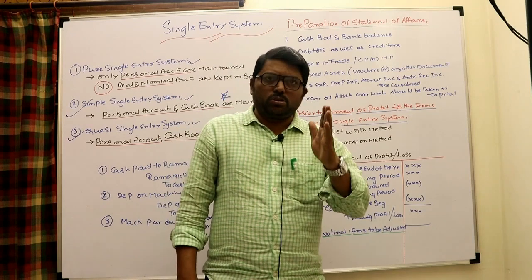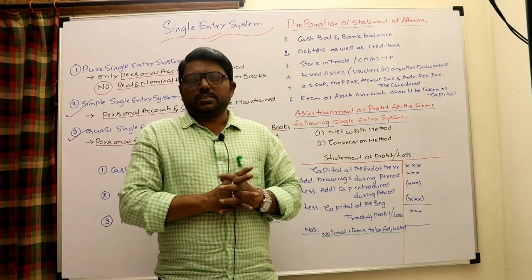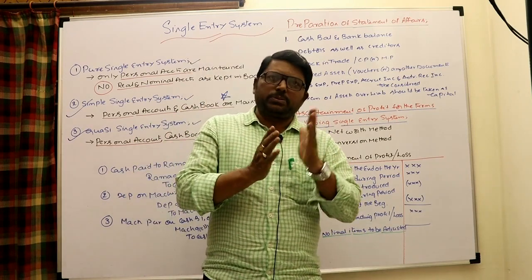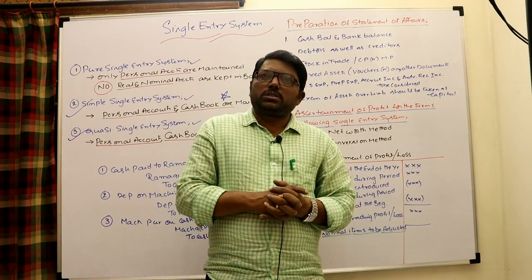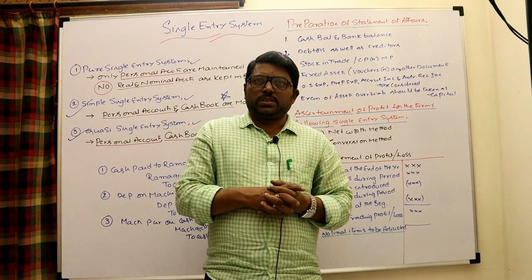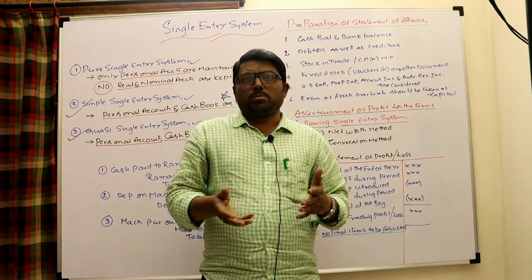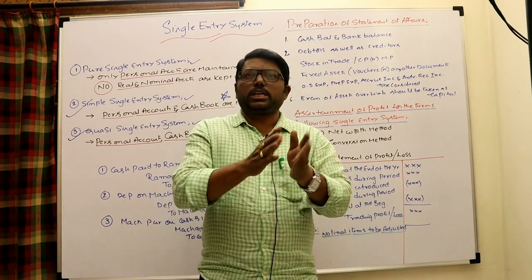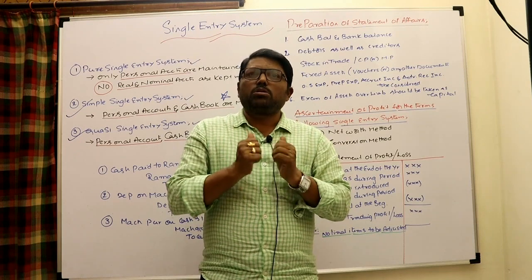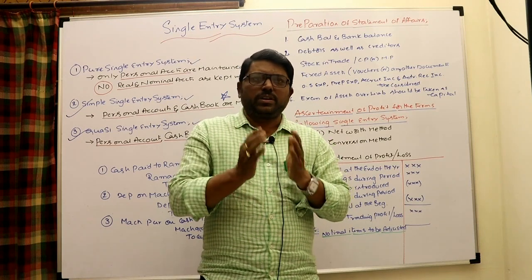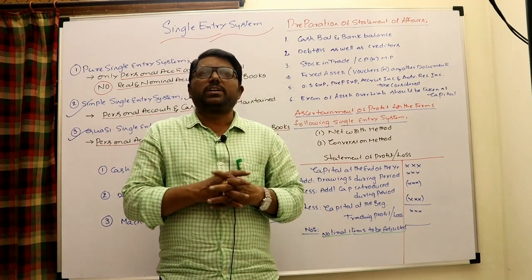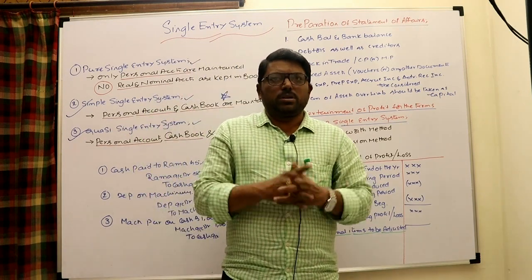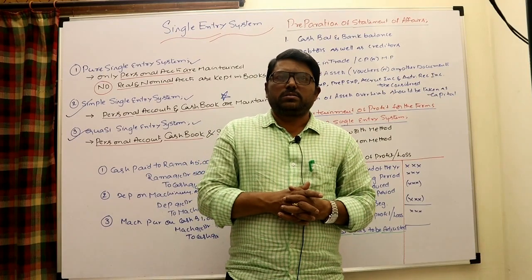We know that expenses, losses, incomes and gains; the difference between income, gain and expenditure, loss is a profit or loss. But here no nominal accounts are there. How do you know the profit or loss of the business? No nominal accounts and no real accounts. Only cash book and personal accounts. How to know the profit or loss here? That is a very, very important question in the single entry system: how can profit be known, because no nominal accounts appear.